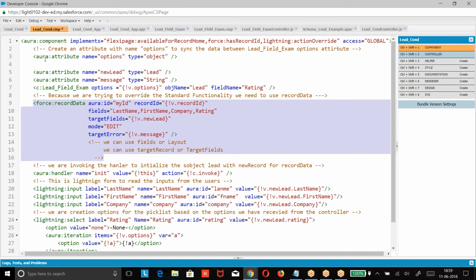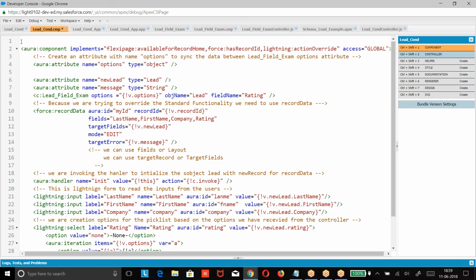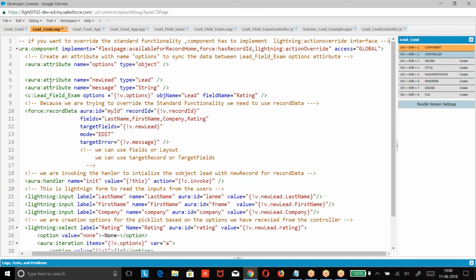Okay. So next, the main point here is, if you want to override the standard functionality, the component has to implement the lightning override interface, right?